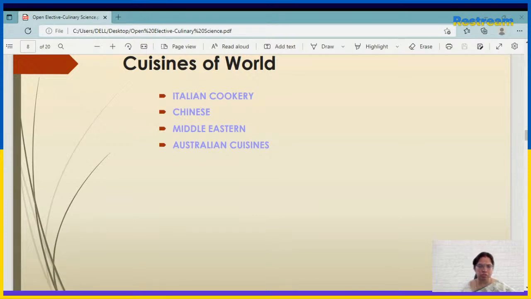Then Middle Eastern. The Middle East is a region that connects the East and West, with Russia and the warm seas, and other places like Bahrain, Iran, Kuwait, Qatar, Jordan, Turkey, etc. There is hummus, a mashed chickpea dip made with olive oil, garlic, lemon juice. Then tahini, a virtual tie for popularity, where sesame paste is the foundation. Then you have falafel, a fried ball made of chickpeas, onion, and spices.